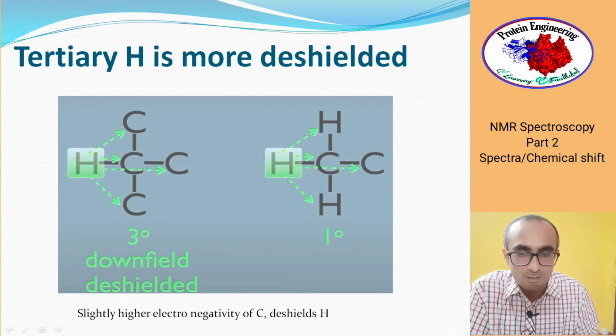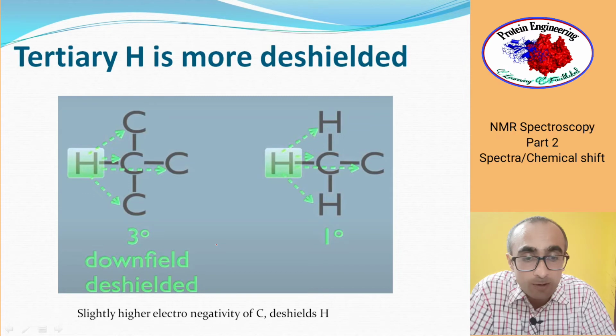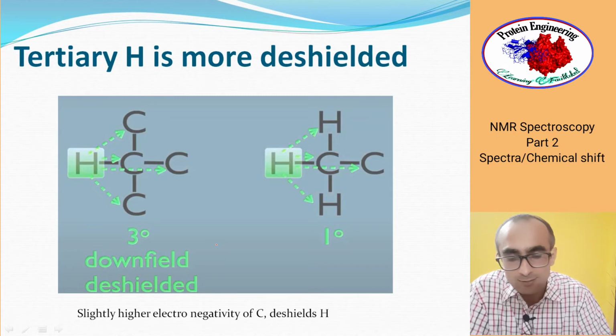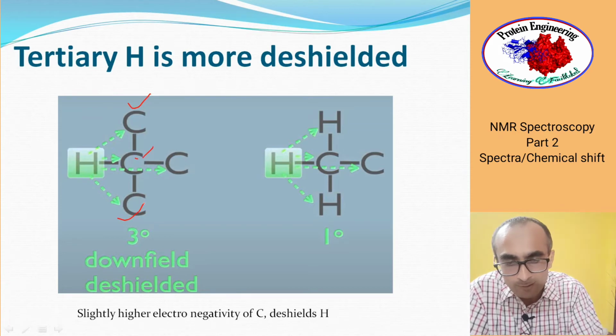And why is it so? Because the tertiary proton is most deshielded. We can understand this from here. Tertiary hydrogen means you have at least 3 carbons in the direct vicinity. This proton is attached to one of the carbons, but in the neighborhood you have 3 carbons which are very